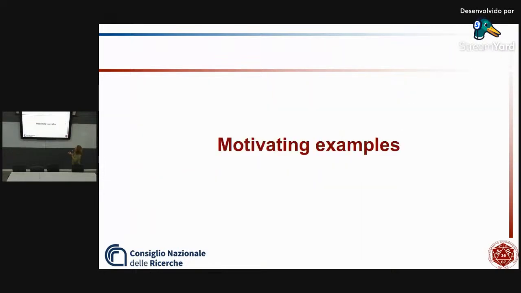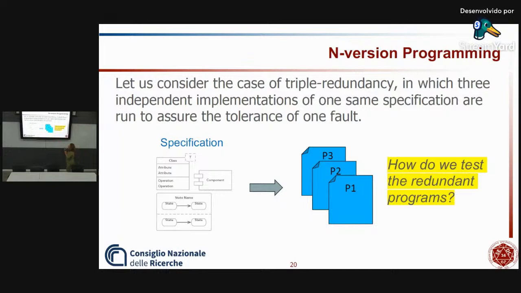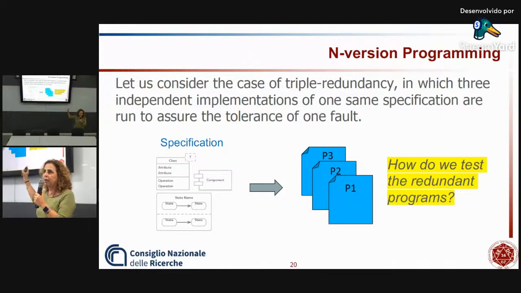Okay, motivating example. This one is in fact the very first example that actually triggered the whole work. As I said at the beginning, this is joint work with De Angelis, Di Giandomenico, and Lonetti. Di Giandomenico is not a software testing scientist. She is a fault-tolerant scientist. So together with her, we were exploring how we could test